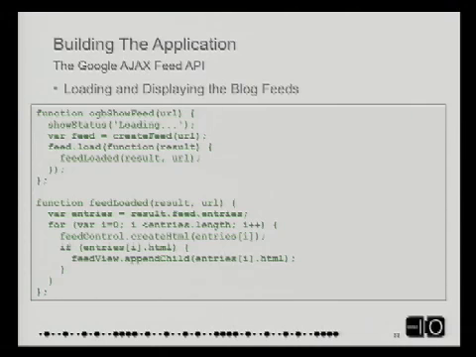Now, this is where JavaScript gets kind of interesting. The reason I do this weird thing where I say function result, feed load, or result URL is I want to pass the URL in also to the feed loaded call. I utilize that for an advanced part of caching. I don't do any of the caching right here, but that's the reason why that function result call is wrapped up around there. In feed loaded, you'll see that we're not really talking about the URL.